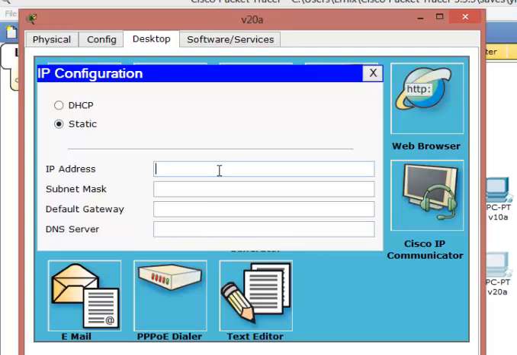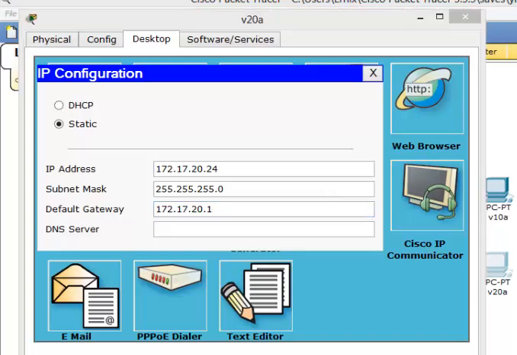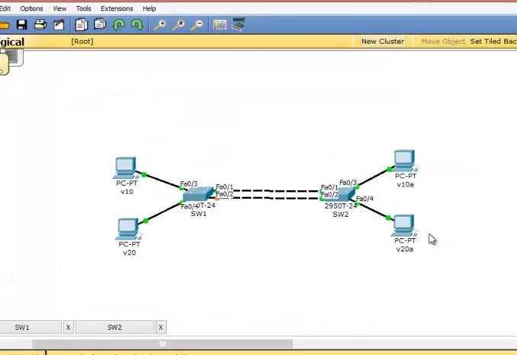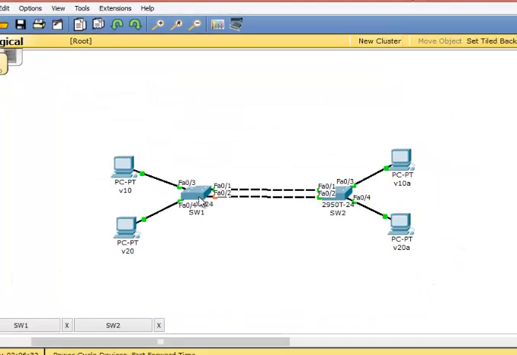I will now finish our IP configuration on each PC.